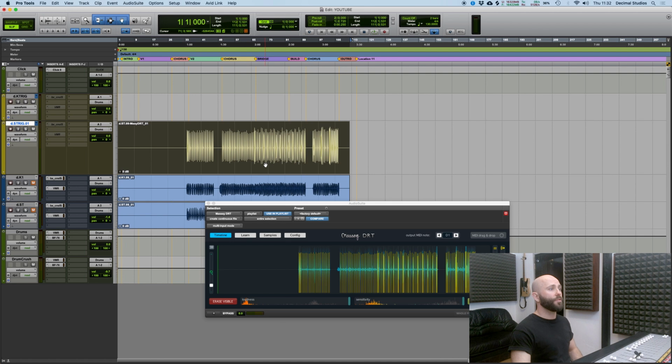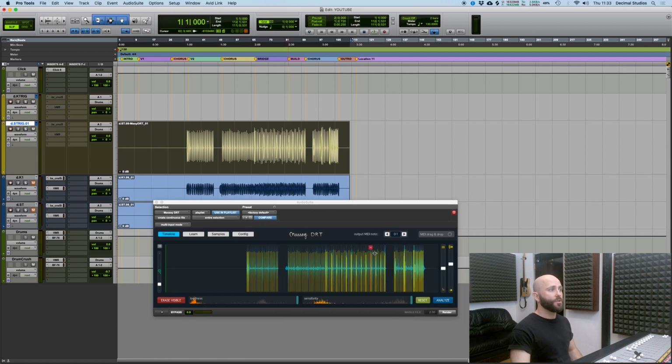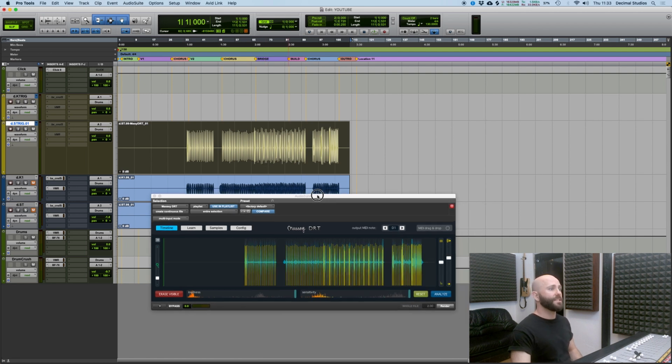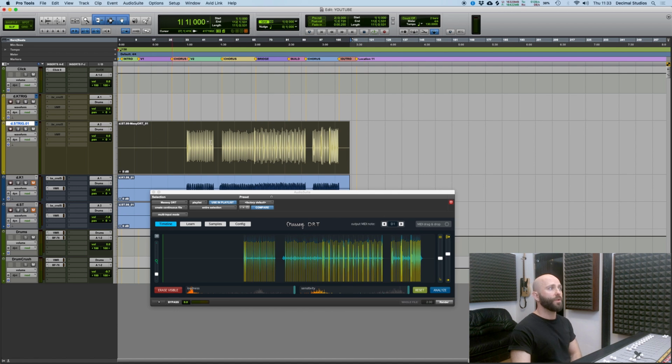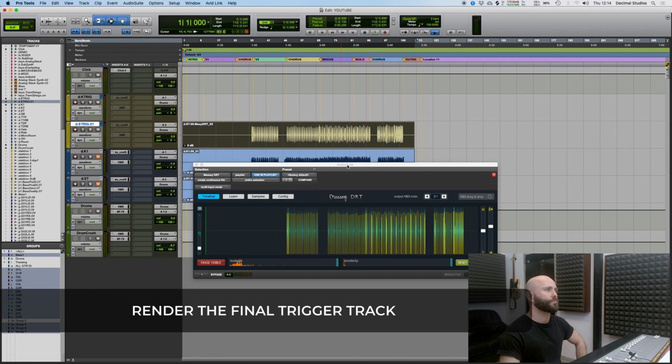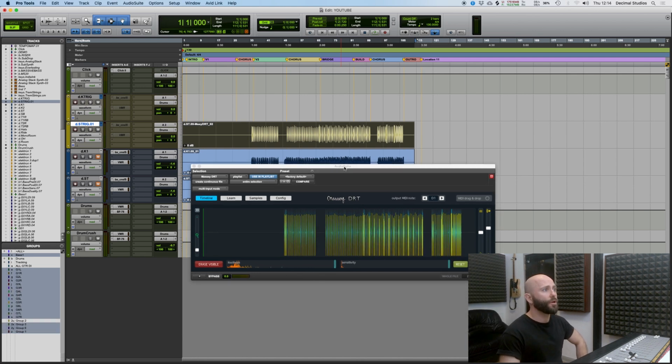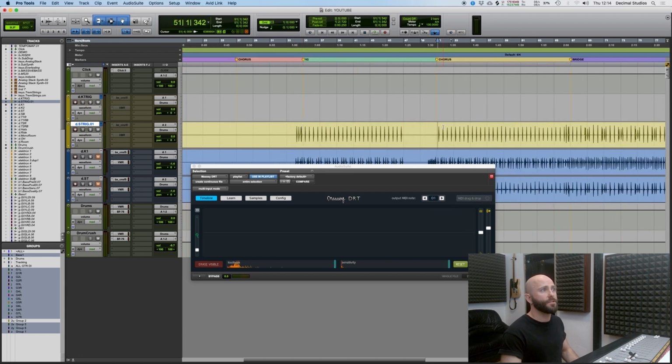Okay, and the final thing, once you've done that, because that's changed all the data within Massey DRT, we now want to re-render this channel. So we hit render here. And then you have a sample accurate audio trigger created in Massey DRT. And it sounds like this,